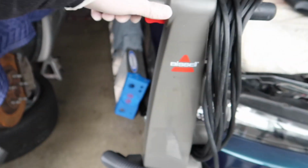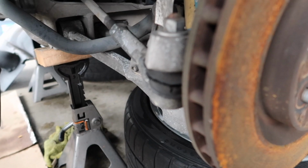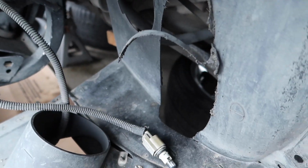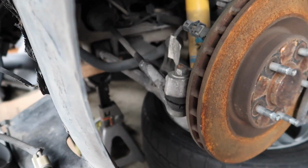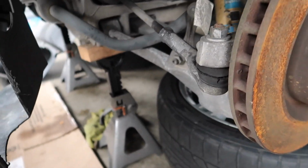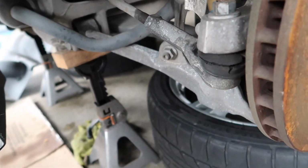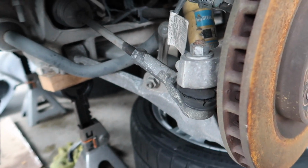And while the front wheel was off, I was able to check some stuff out, and I noticed that the tie rod ends are completely done for. And if you look, alignment was probably really bad because it ate through the plastic and the plastic liner. So I got some replacements for that, and I'm not really gonna record that because that's not this video either. But with the power of YouTube,